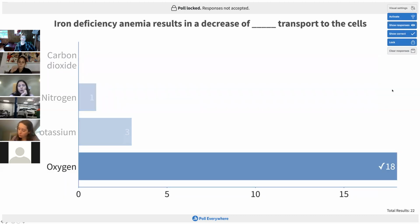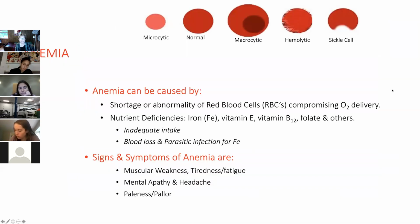All right, so the correct answer is oxygen. There are different types of anemias based on different nutrients, but this is iron deficiency anemia. It's the iron that binds to oxygen as red blood cells go through the lungs. Iron is part of the molecule hemoglobin that's found in red blood cells. As the blood goes through the lungs, you inhale oxygen, and you do inhale nitrogen, but that's not what binds to the iron. The iron picks up the oxygen and transports it to the cells,